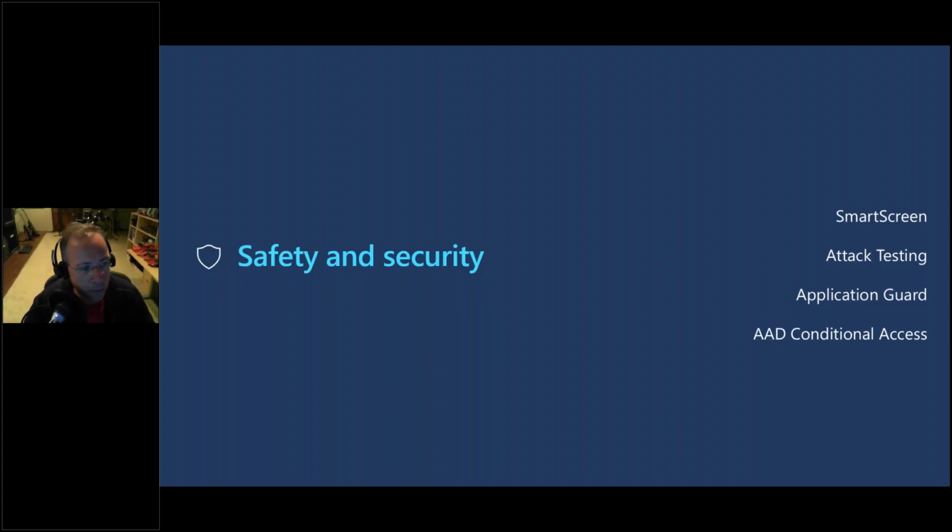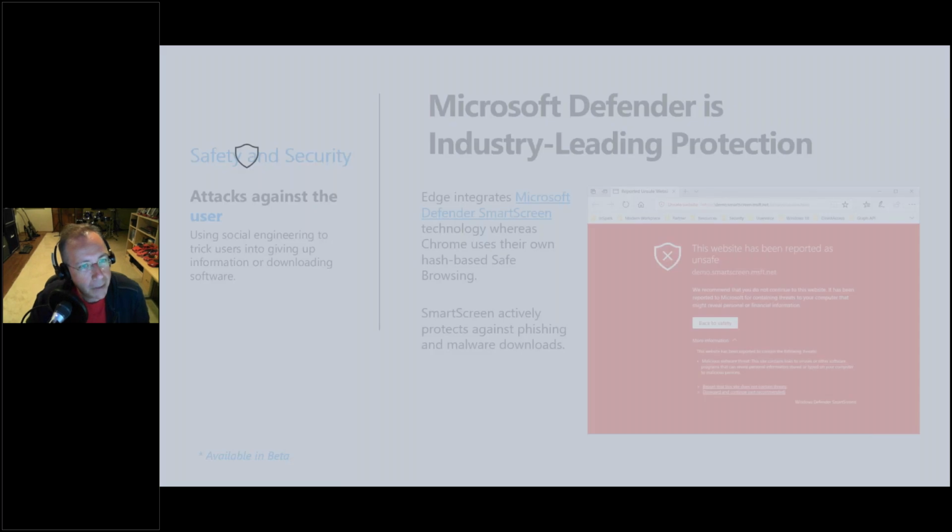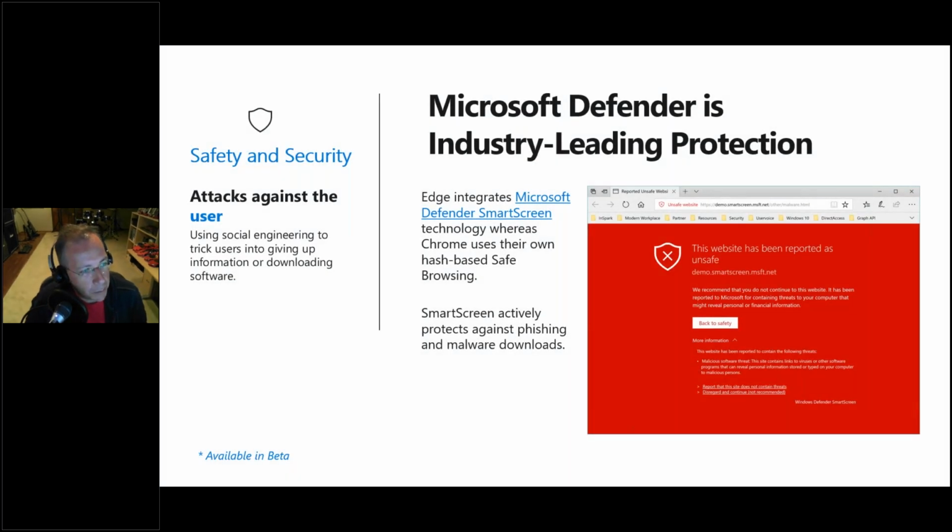But let's start from the beginning, with safety and security and some of the defenses that we've been building. So when we think about how we protect, the best way to protect against malicious software is to avoid it getting on your device in the first place. This is an area that we've been investing in for a number of years. As I said, we first introduced it in IE9, and there were rudimentary things that happened before this. But the really big pivot that we saw with IE9 was the transition to protecting not just based upon